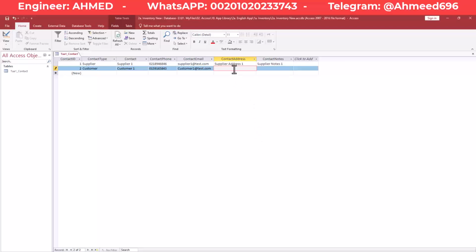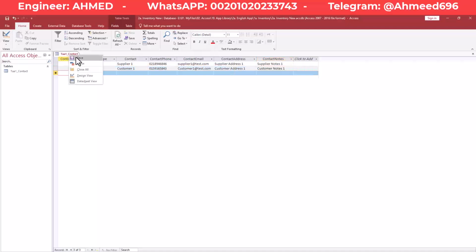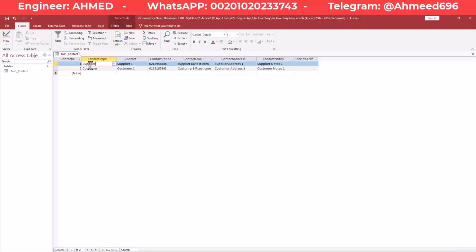And its contact address would be customer address 1 and customer notes 1. This is fine for now, but I can't continue this way because I have both of them on the same